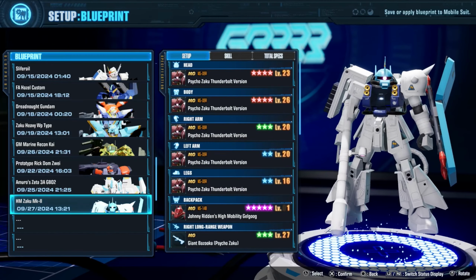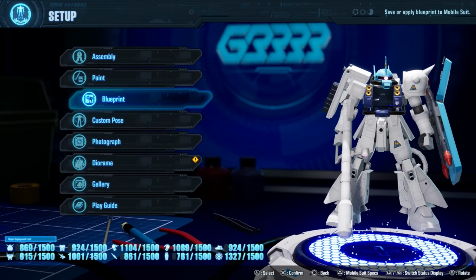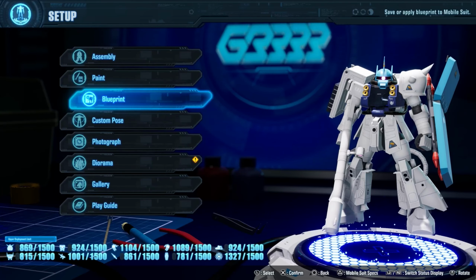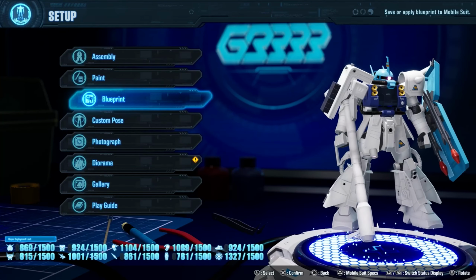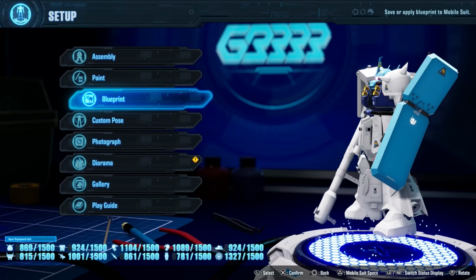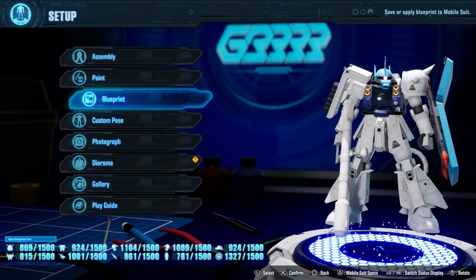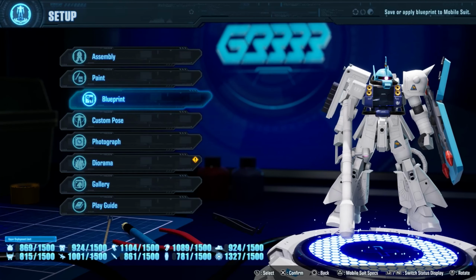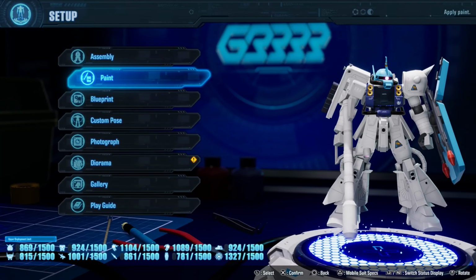or version 2. And yes, if you know your parts, a majority of that does utilize the Psycho Zaku part. The reason why I went with that is just because a lot of the intricacies are a lot more detailed than the base kits that they're based off of. And it kind of adds a little more sophistication. So technically, it's already somewhat pre-built just from us starting this way. At the same time, I haven't quite figured out the color scheme yet. I'm not sure if I want to keep to my custom colors, but we're gonna go ahead and jump into it,